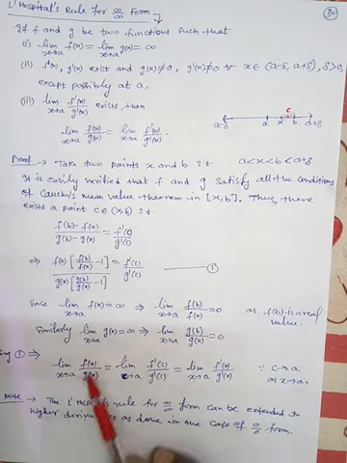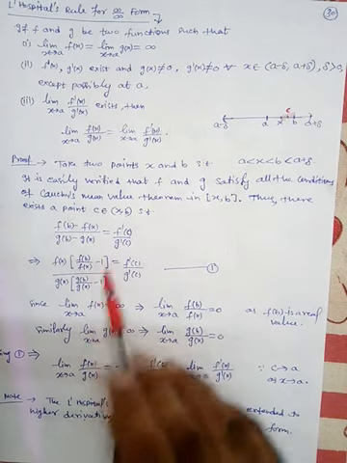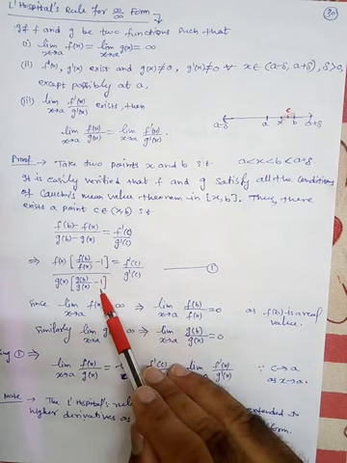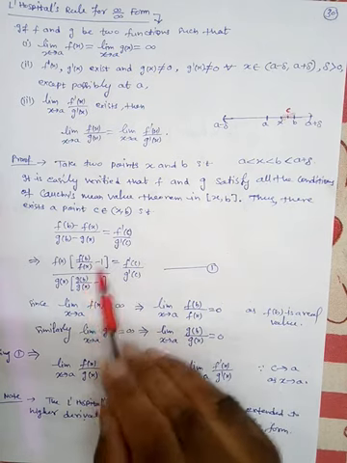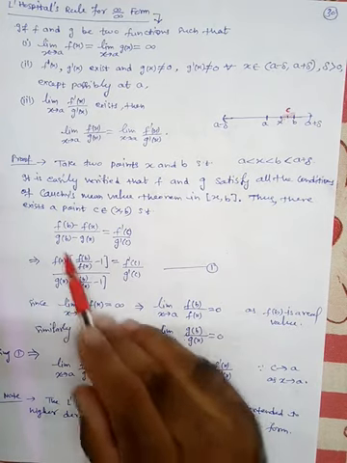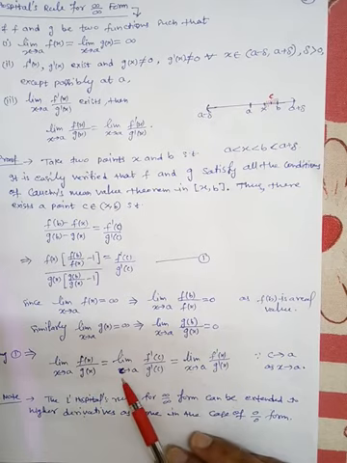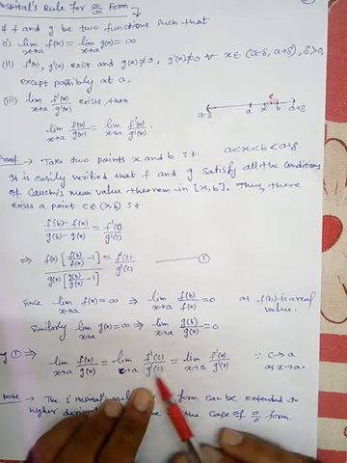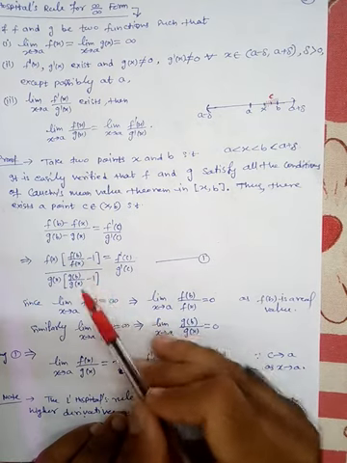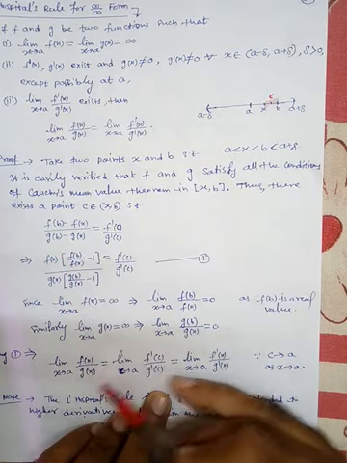So the limit as x tends to a of f(x) by g(x) is equal to, when you take the limit, this will be 0 minus 1 over 0 minus 1. So ultimately we have minus 1 by minus 1, the minus 1 cancels out. So ultimately we have this f(x) by g(x). So the limit as x tends to a of f(x) by g(x) is equal to the limit as c tends to a of f'(c) divided by g'(c). When we applied this limit, this becomes 0 and cancels with minus 1. So we get only f(x) by g(x). That's why I am writing it here.